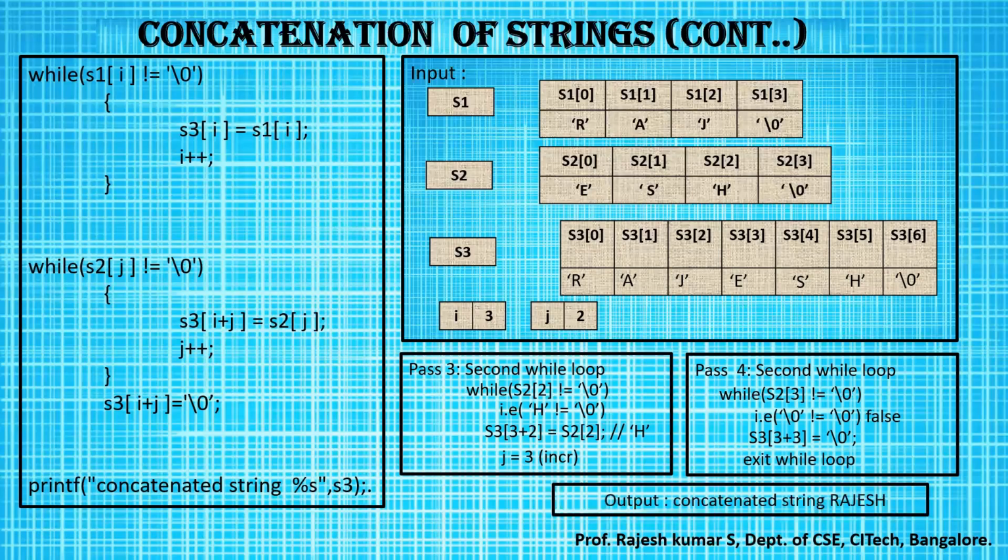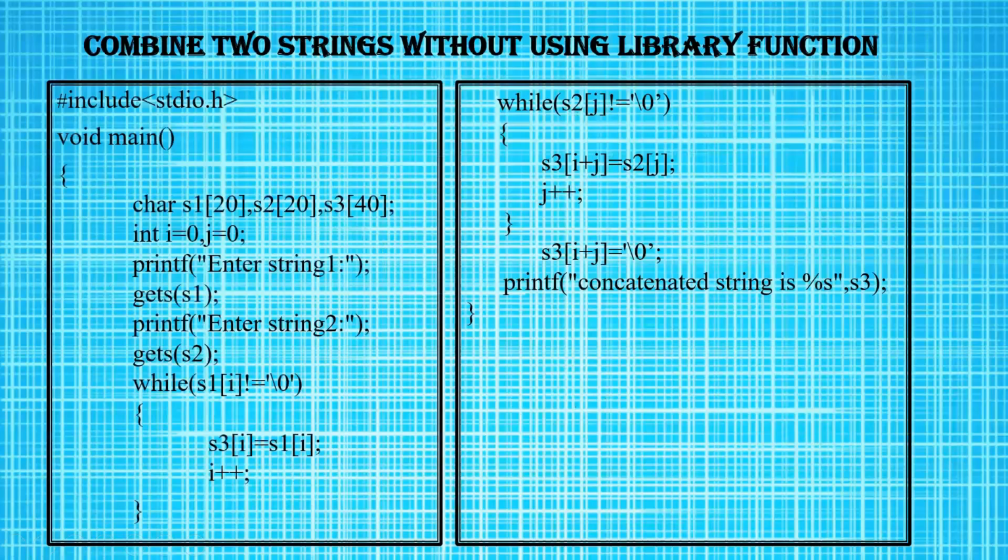Going with the program, let's check it out. The output you can see will print Rajesh. The overall program looks like this. We have included the header file. We have started the program by writing void main, open and close braces. All the statements belonging to main should be written inside this. We have declared three arrays, S1, S2, S3. The three arrays are of type character because I'll be storing characters inside these arrays. And you can see the destination array is larger than the two arrays.